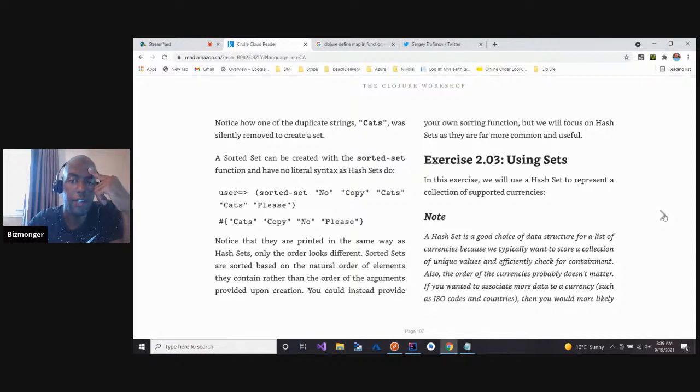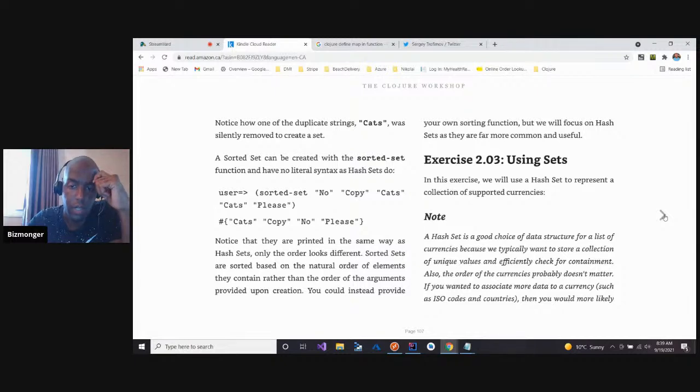We will use a hash set to represent a collection of supported currencies. Note, a hash set is a good choice of data structure for a list of currencies because we typically want to store a collection of unique values and efficiently check for containment. Also, the order of the currencies probably doesn't matter.